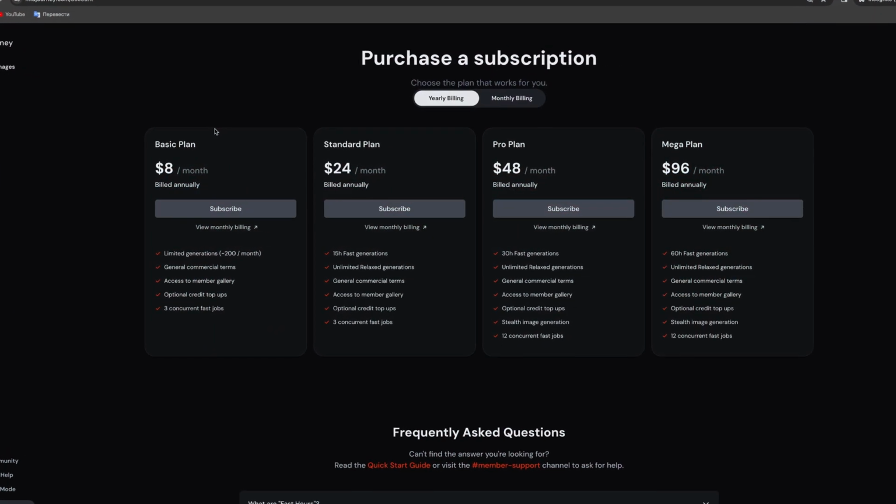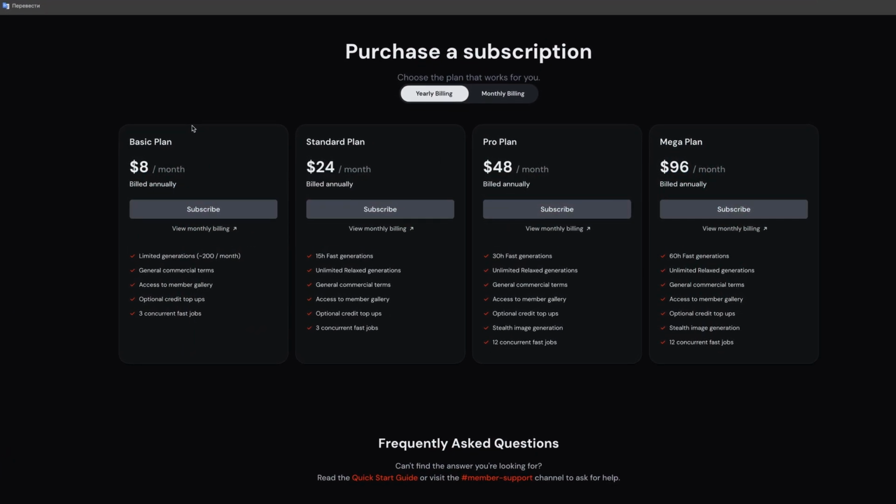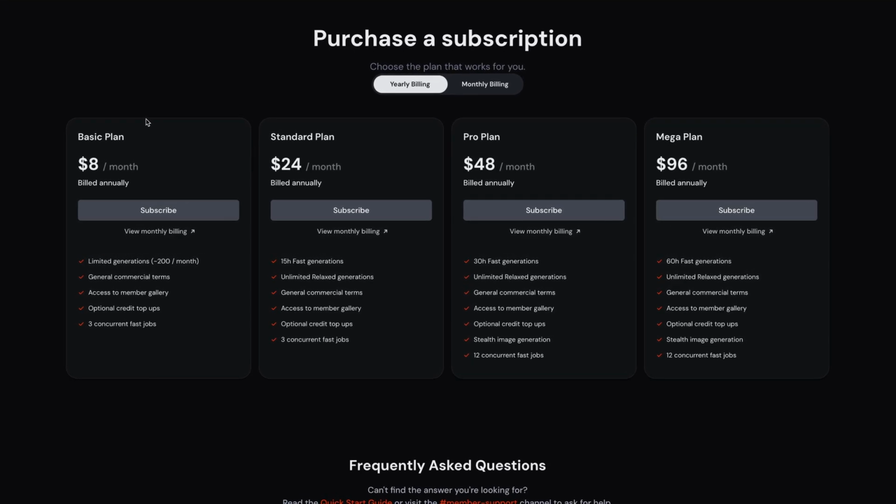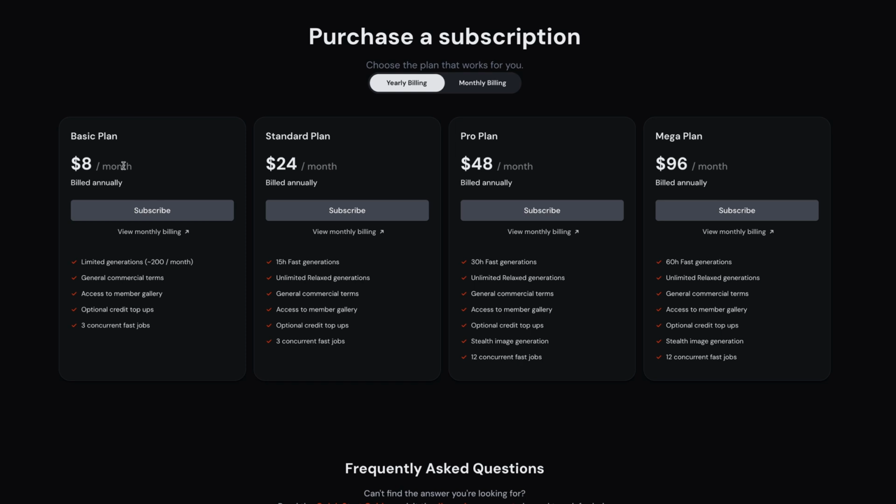Unfortunately, Midjourney no longer offers a free subscription. First off, you've got to figure out which plan is right for you, and it's pretty easy. Prices start at $8 in the basic plan if you pay for a year upfront, or $10 if you opt for monthly payments. If you want to try out Midjourney first, you can start with the basic plan, which allows for 200 generations per month. In all other cases, I recommend choosing the standard plan as it should suffice for most users.